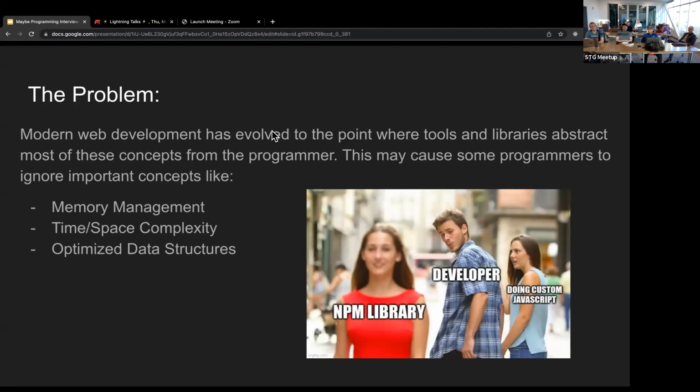We don't have to think about memory management. A lot of the time, the libraries and packages that we use have underlying data structures and algorithms that handle all the heavy lifting for us. Which is awesome, right? If you don't have to reinvent the wheel, why should you? But at the same time, I think it's important to recognize the foundation that we're built on, because unless you understand that foundation, it's hard to push the industry